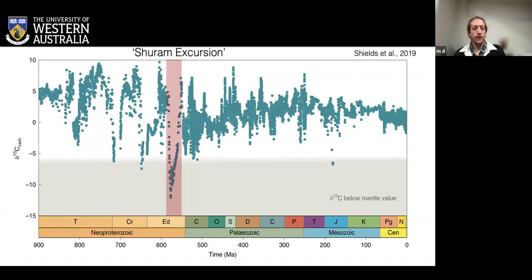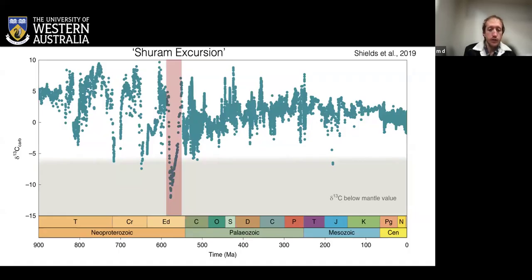We also have these very big carbon isotope excursions. And one of the more famous ones, dubbed the Shuram excursion, is highlighted here on this slide in this red interval. Now, the Shuram excursion is one of the largest carbon isotope excursions in Earth's history,